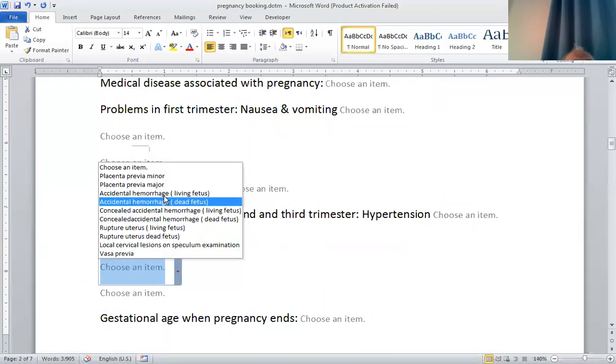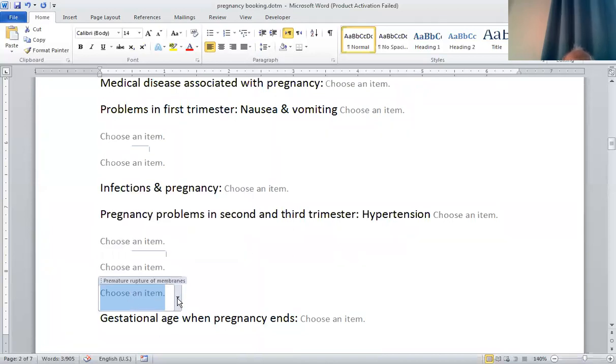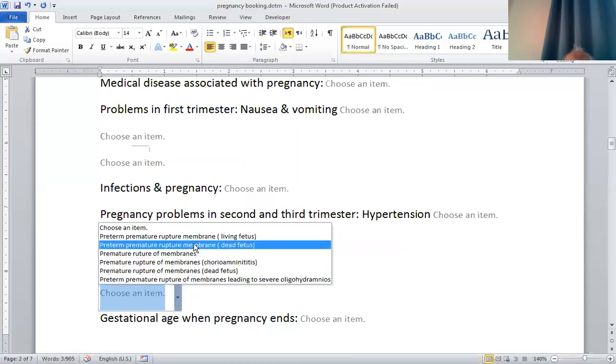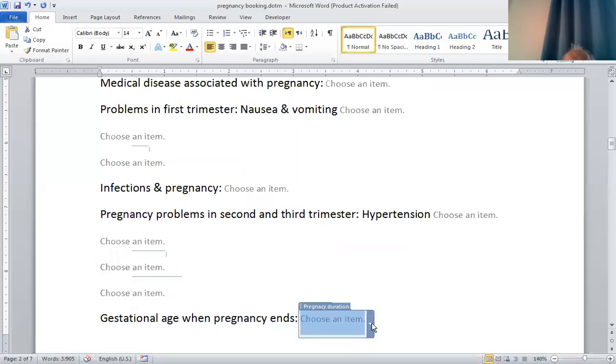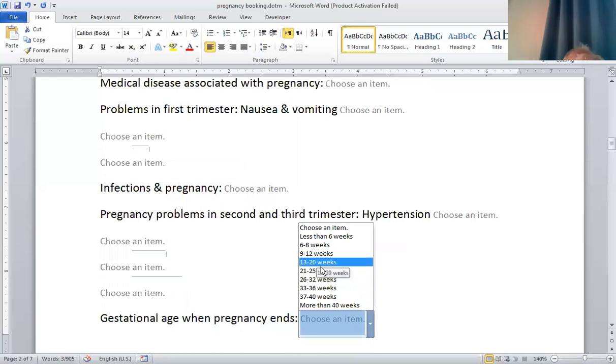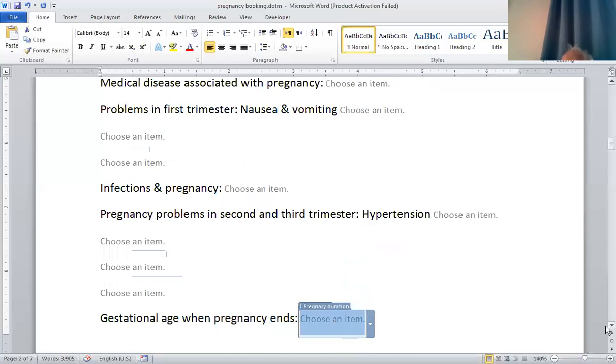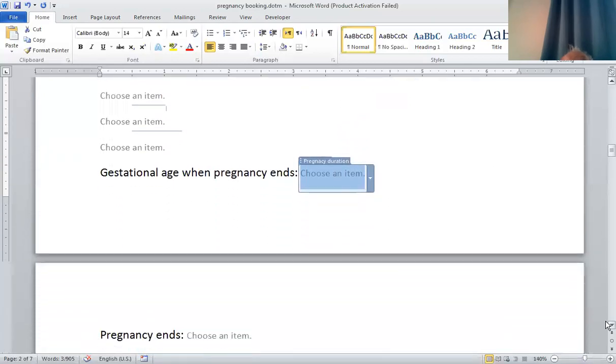Did she have placenta previa or antepartum hemorrhage? Did she have premature rupture of membranes or preterm rupture of membranes? And at what gestational age, less than 6 weeks, and so on, is mentioned in order to determine that the pregnancy ended